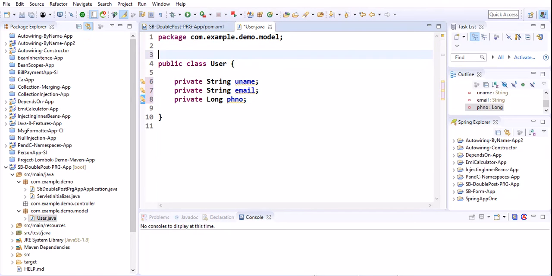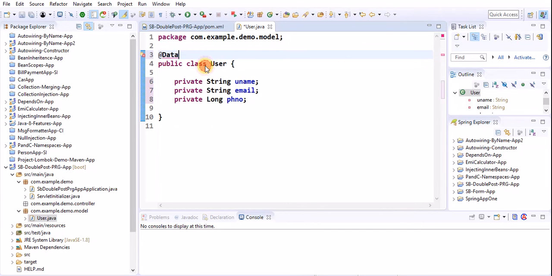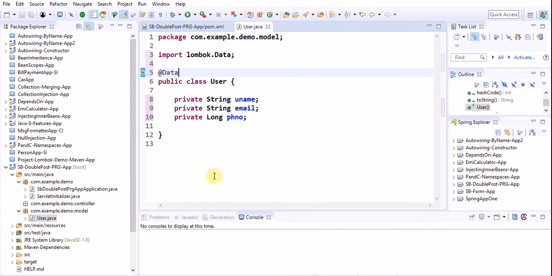Instead of writing the setters and getters, let me use the Lombok @Data annotation, which is going to generate setters, getters, toString method, equals method and hashCode method for our model class. If you don't know Lombok, please check in our Ashok IT School playlist. I prepared a video for Lombok. Alright, so with this my model class is ready.